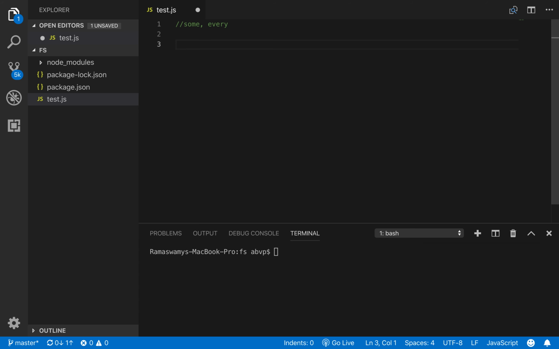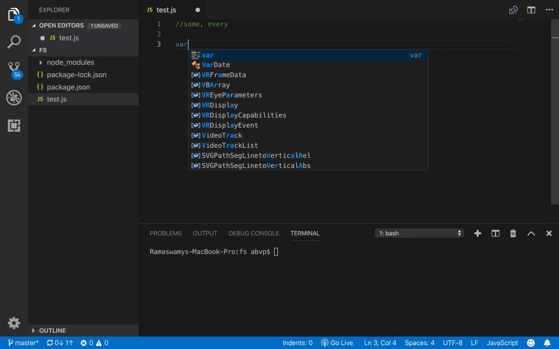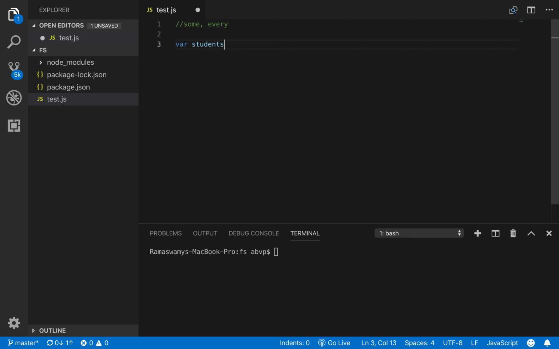So let us say we have an array of students having attendance greater than 65. So let us create an array students having values in the form of objects.